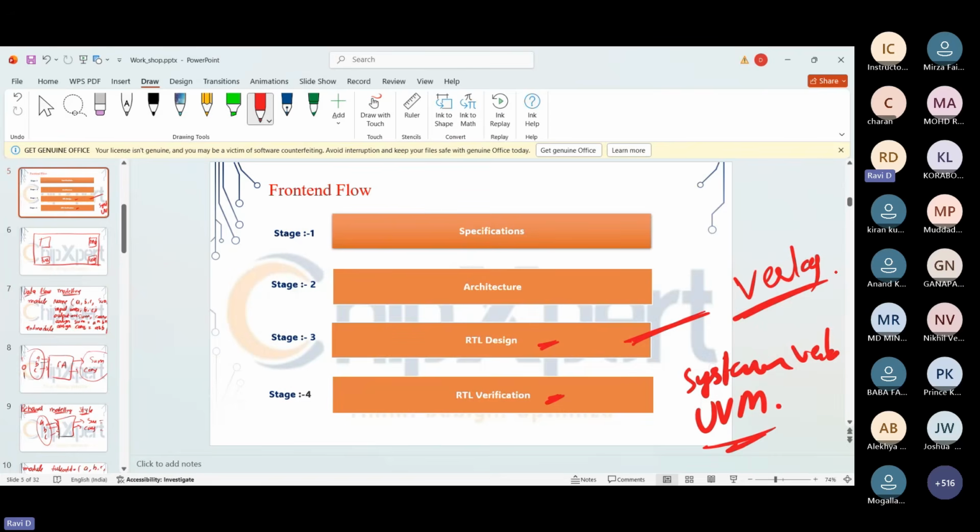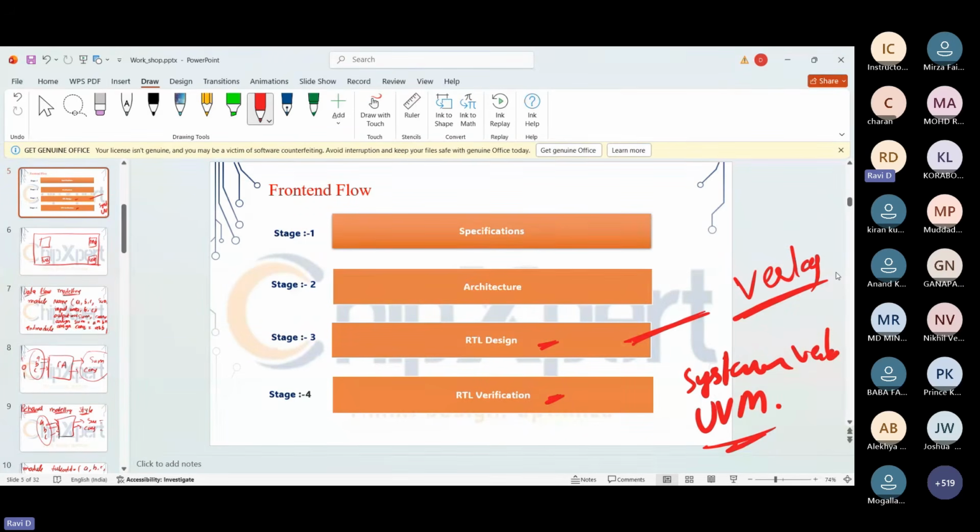At that time the verification was easy. But as the days go on, circuit design has become very complex, and verification has also become very complex. So we need advanced languages and advanced tools to verify our design. So we are going for SystemVerilog.